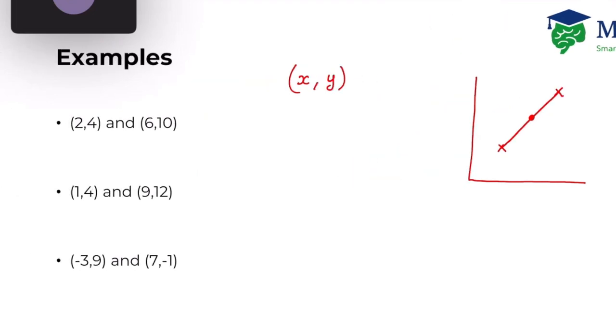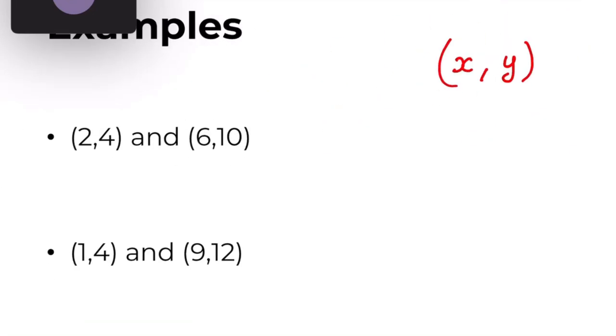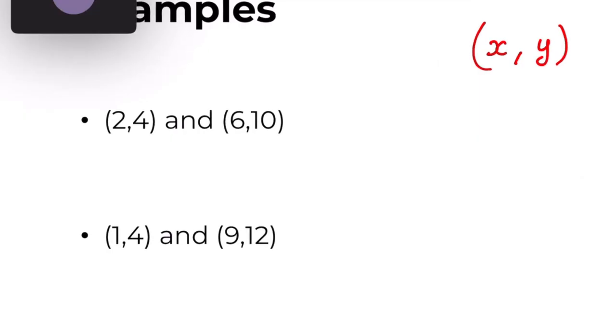To work out the midpoint of a line, you add together the two x coordinates and divide by 2, and you do the same with the y coordinates. So add the x,